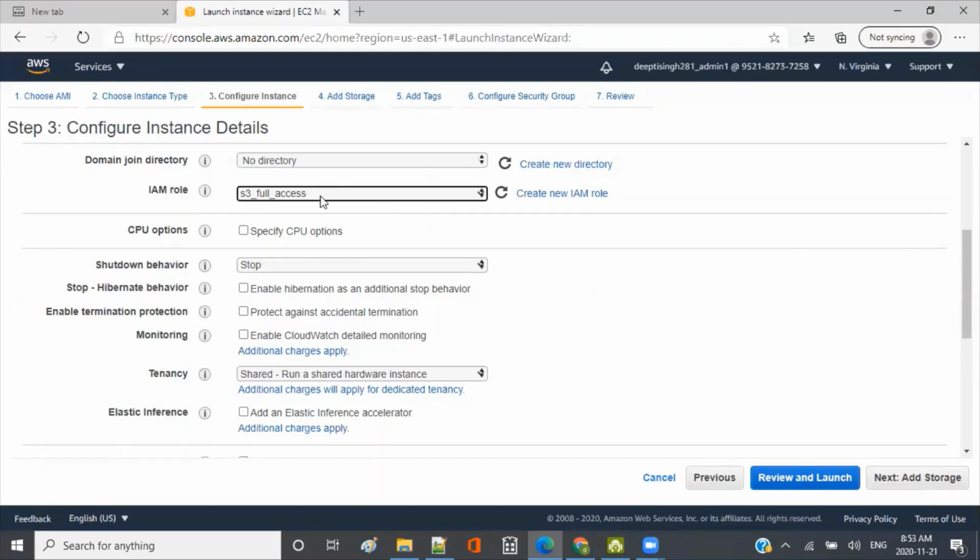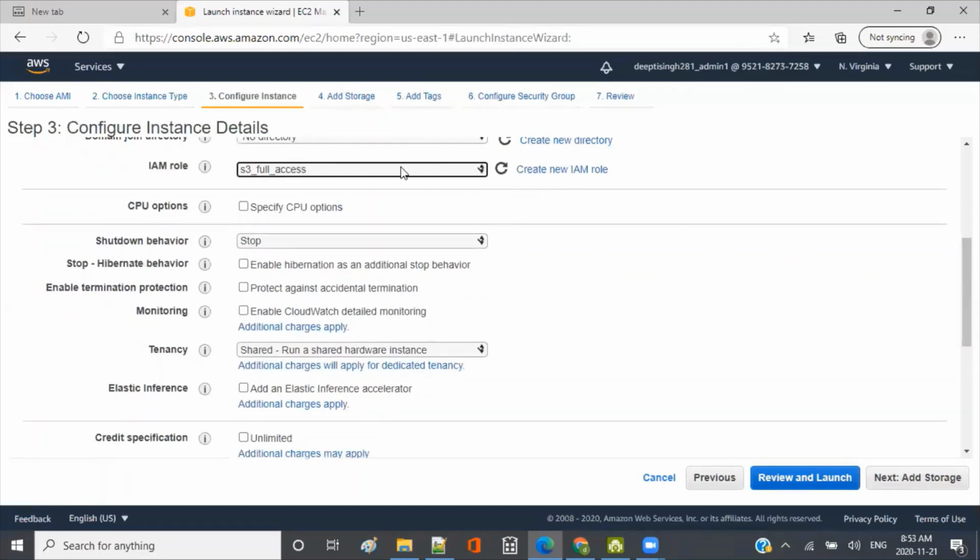So I created a role for S3 access, and I just use that. If you have more roles created, you will see more here in the drop down. You can choose them. And if the role is chosen, then from that particular instance which we are creating, you have a direct way of accessing the resource from that particular service, in this case S3.